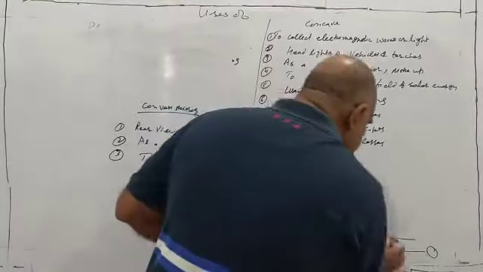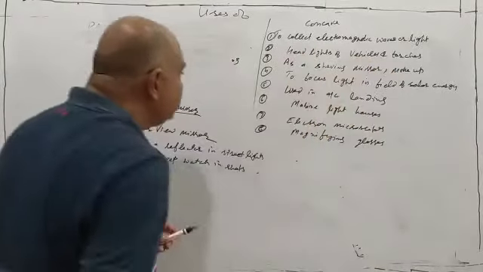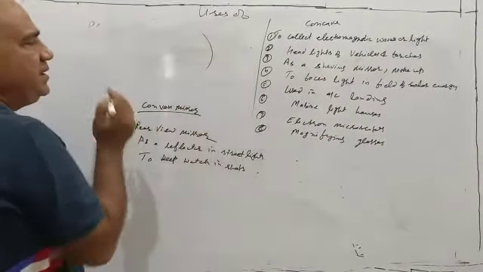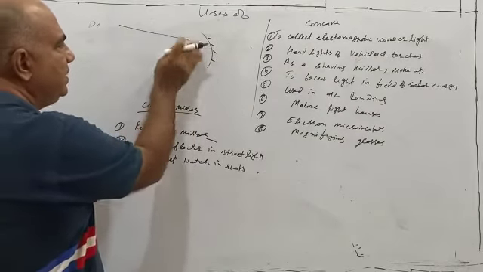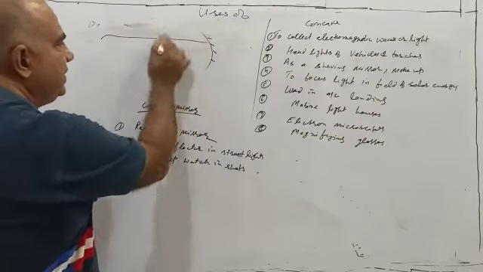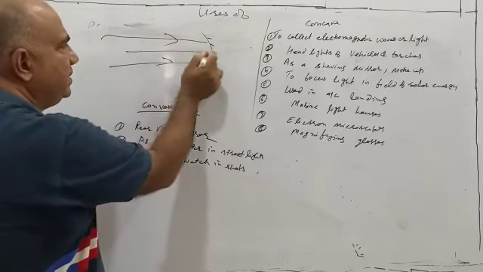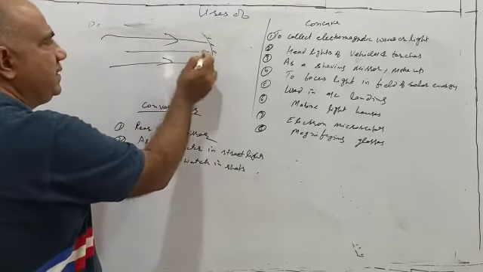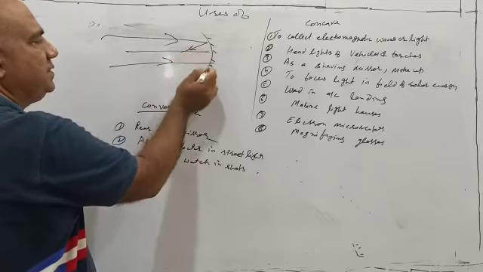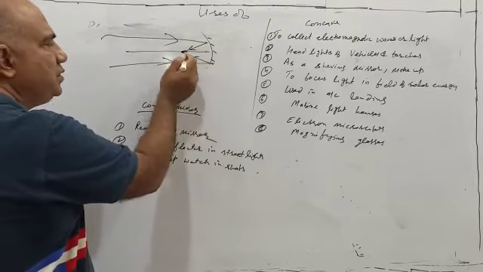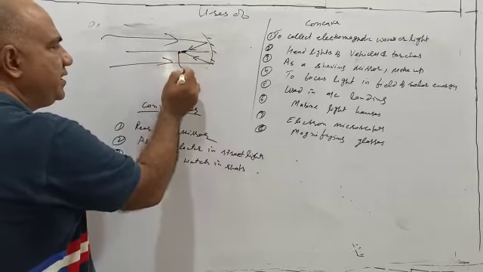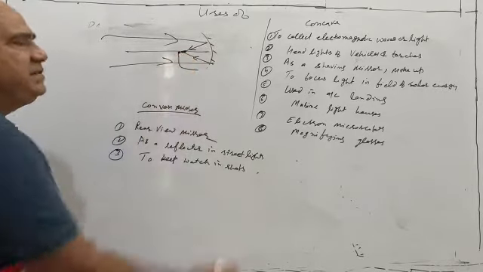let me do it here for you. What we do is, we make it like this. This is concave, and the light rays, let me call them like this. Light rays are coming parallel to the principal axis, and after reflection they converge at a point. So at this point, if you keep your detector, it will carry the maximum signal.